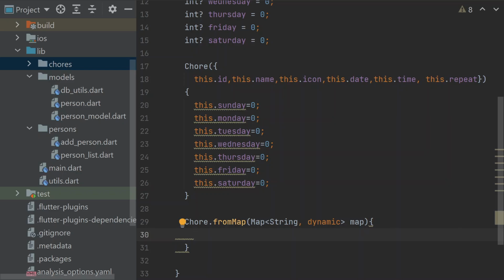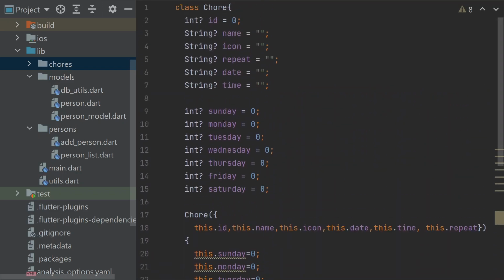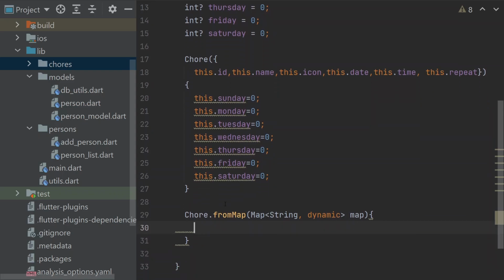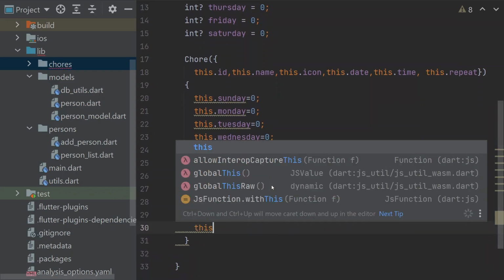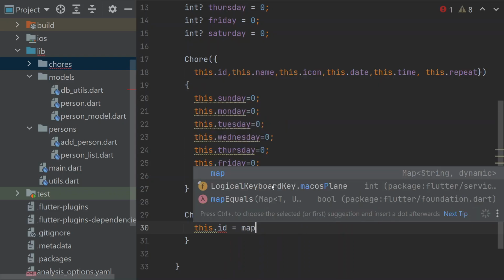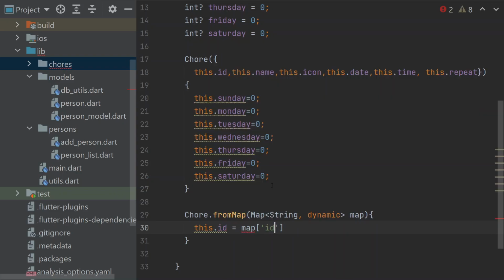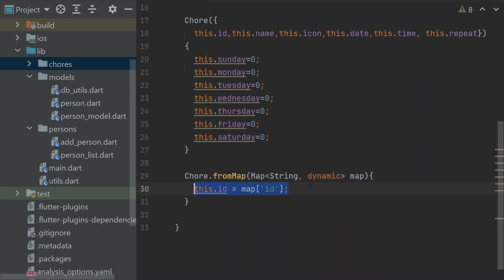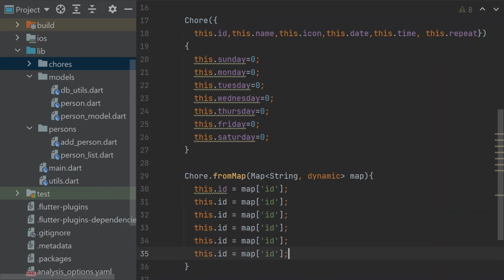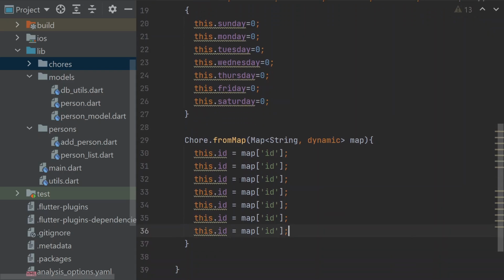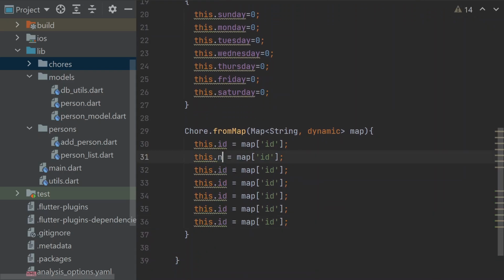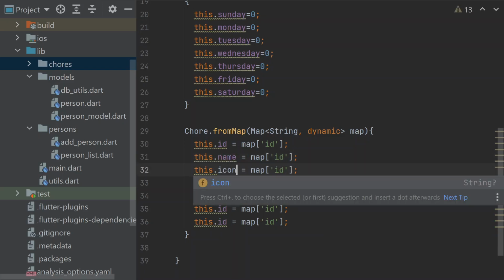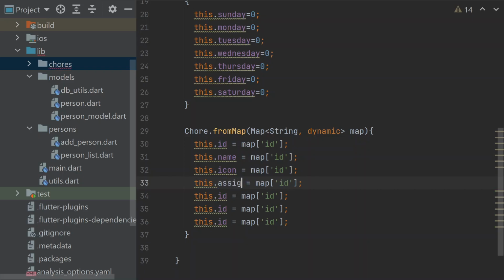And we need to assign all of these things to be whatever we get from the map. So this.id equals map of ID. And the same thing for all the stuff that's not a weekday. How many are there? 6, 7? More. We got ID, name, icon, assigned to,